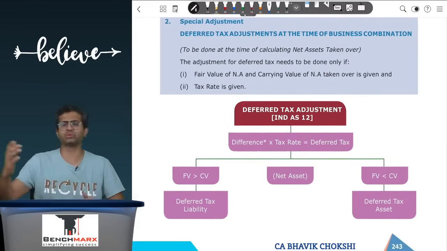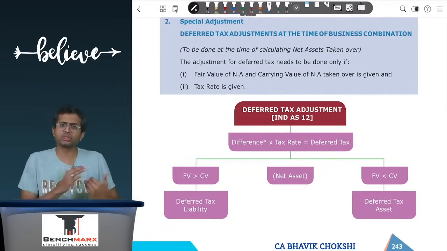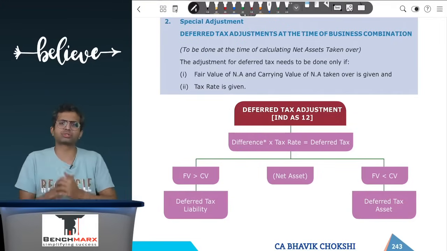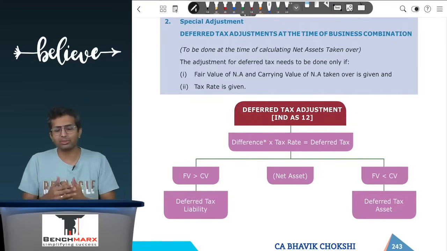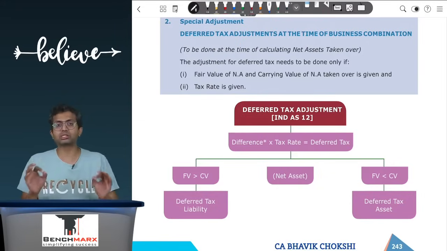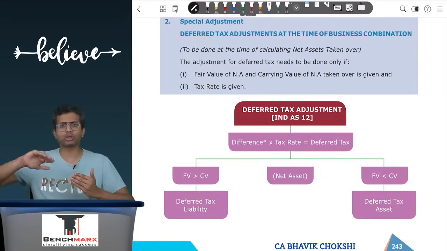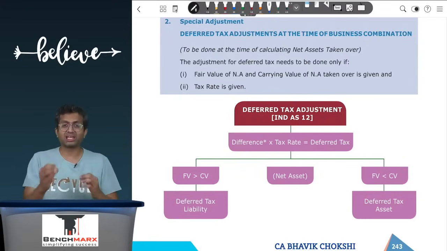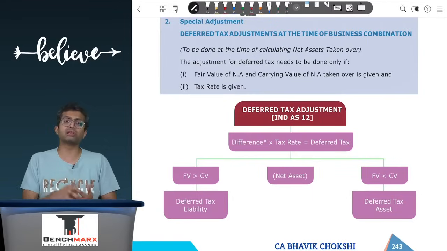One is deferred tax and one is business combination. You need to have a reasonably good understanding of deferred tax to understand this adjustment. Over here, at the stage of business combination, you take over the assets and liabilities of the selling company. Let us assume it's a holding subsidiary relationship, in which case, in my consolidated financial statements, I will take over assets and liabilities of the selling company at the fair values. So the carrying value as per Ind AS will be based on the fair value of the assets and liabilities